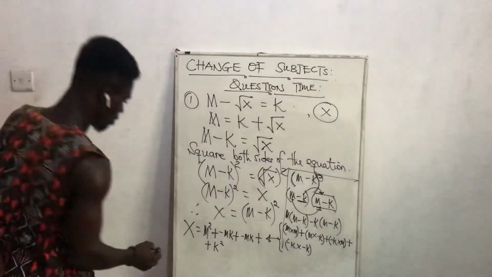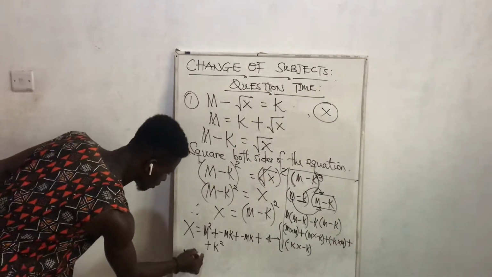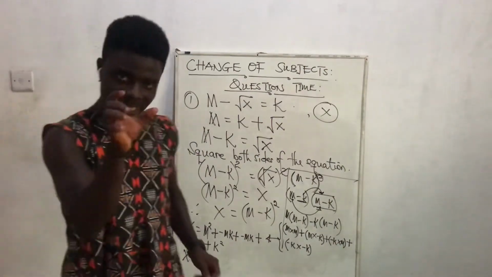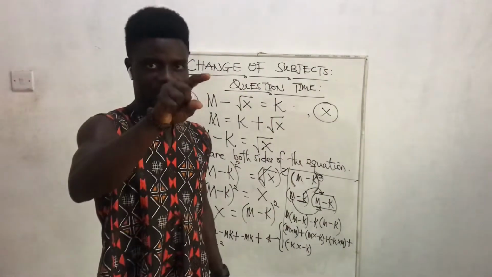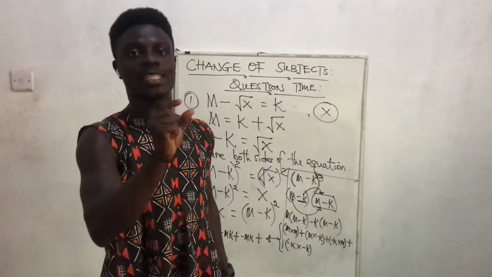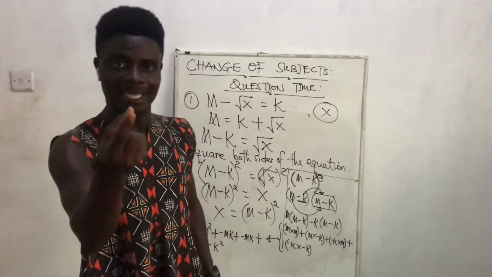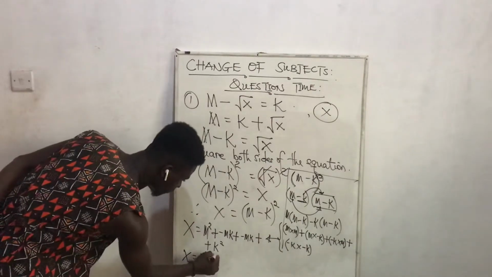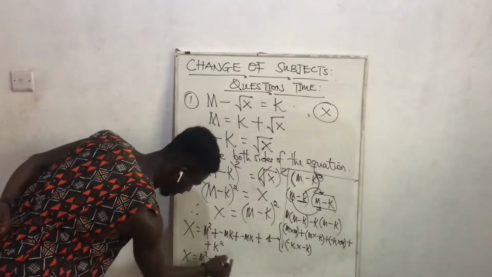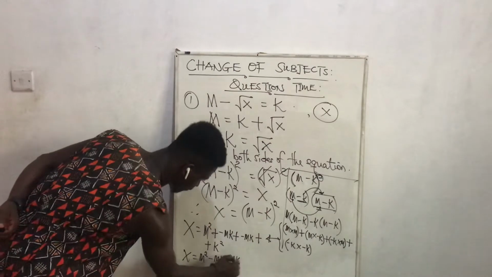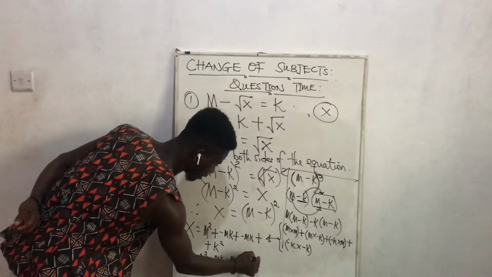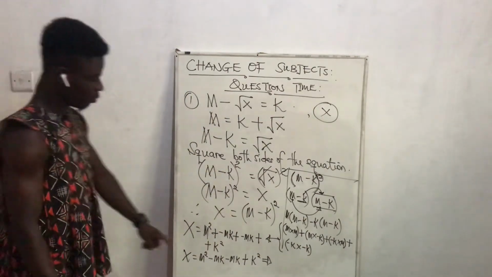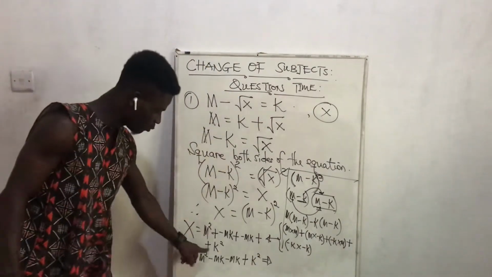So we move as x equals m squared. When positive and negative meet, they form what? Negative. The sign formed is what? Negative. Why? Because positive times negative gives what? Negative. So I have here to what? Negative mk. Then what? Here to what? Negative mk. Then here plus what? k squared. So we can proceed as, which implies that m squared,